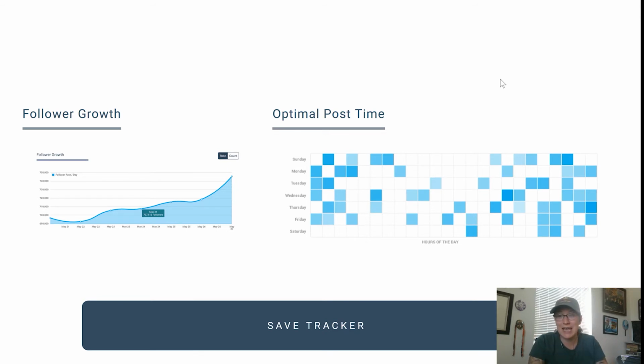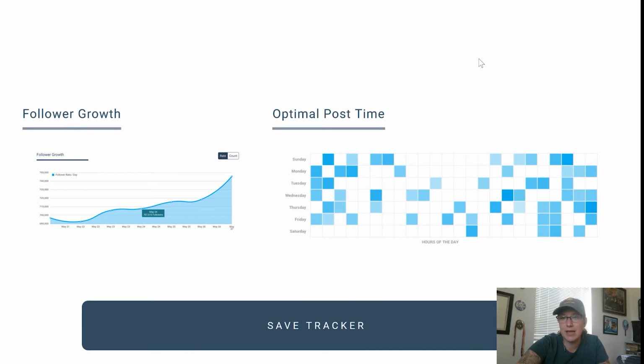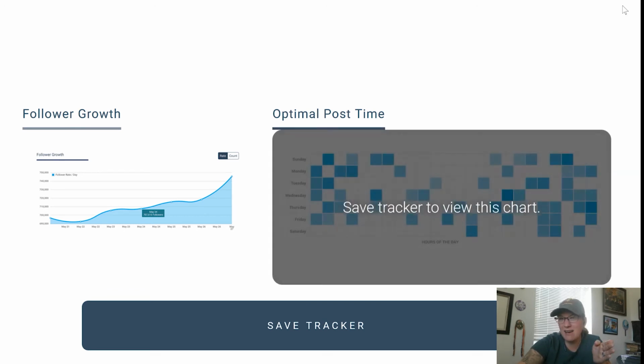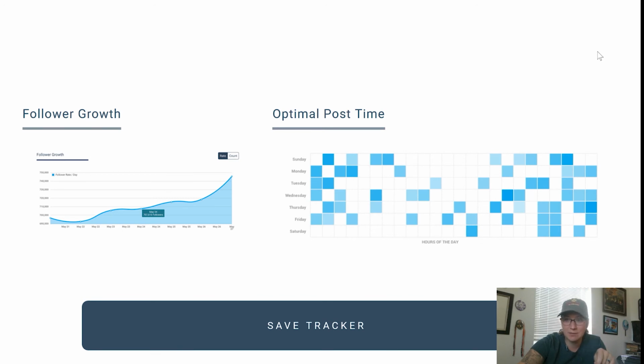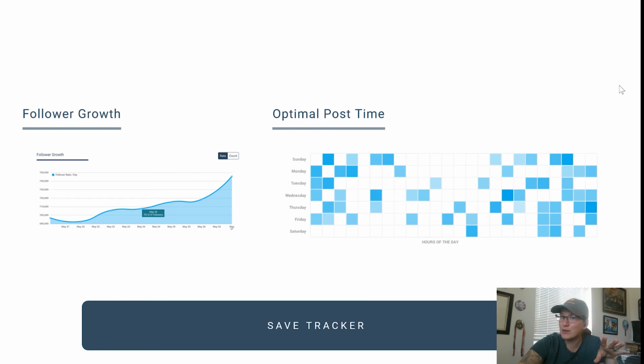You can actually gain the data, see what time of day each day is best to post, and then whatever that time is, schedule your post a half hour before that, so it has enough time to be seen, and by the time these guys are on their cell phones for lunch, you're going to be able to capture their attention because it's already there.